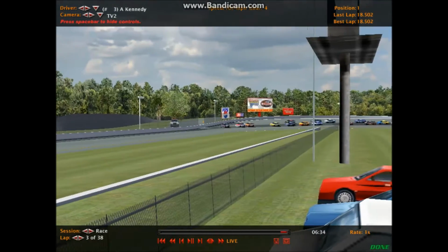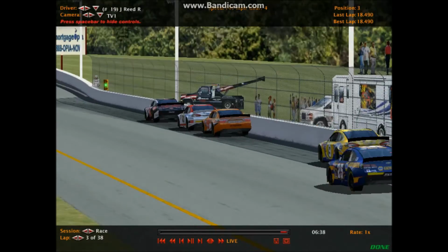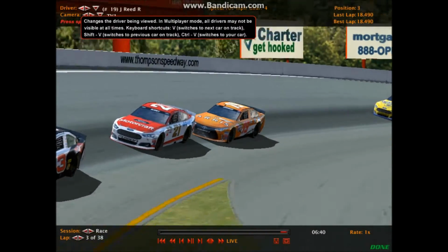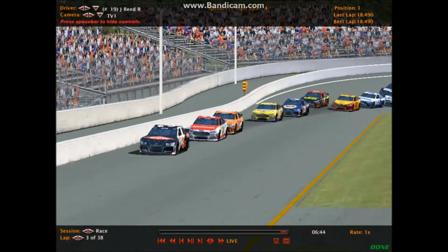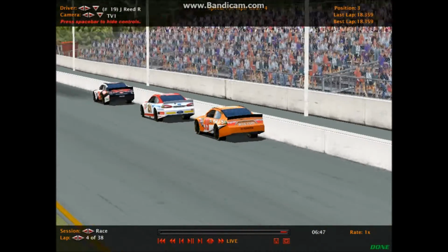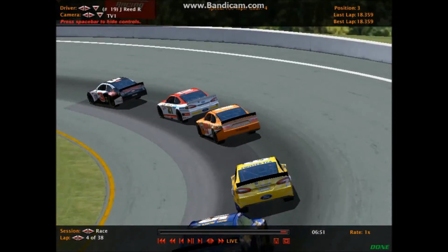So Austin Kennedy continues to be the leader. And now Jacob Reed here looks like he's going to give Kendall Maynor quite a battle. To the inside, not there. I think that this is one of the harder tracks to pass on, just because you can so easily